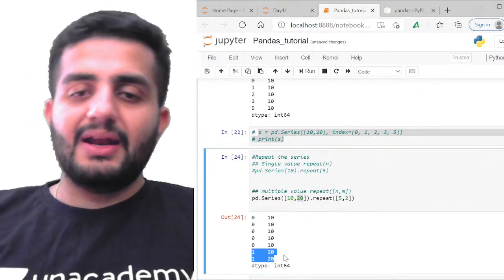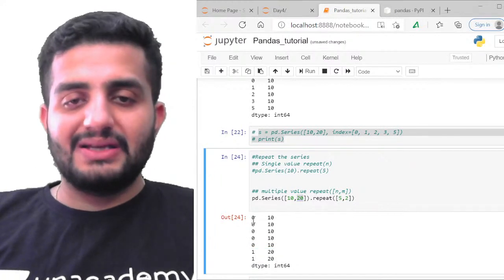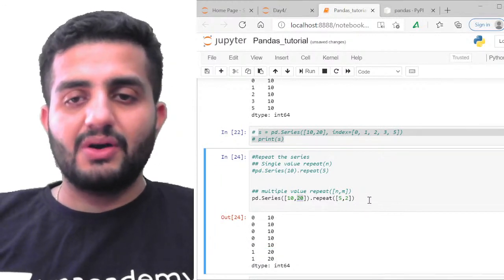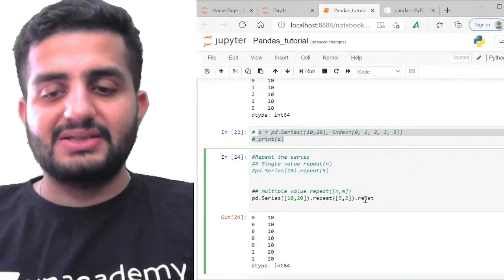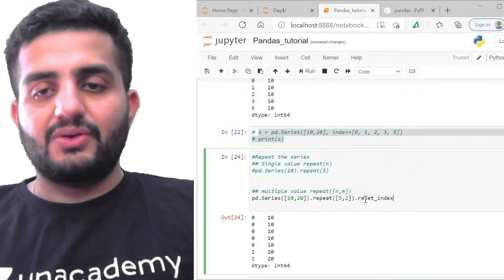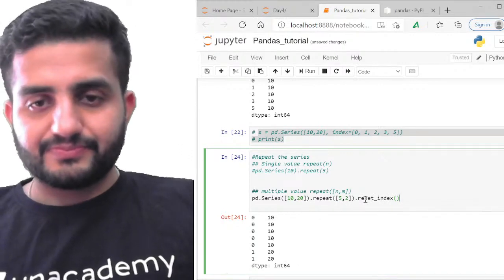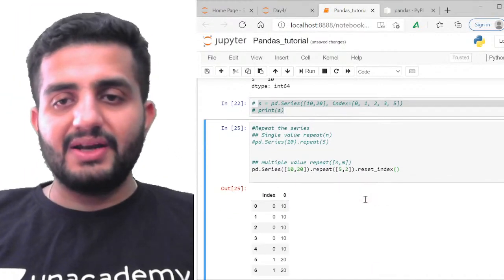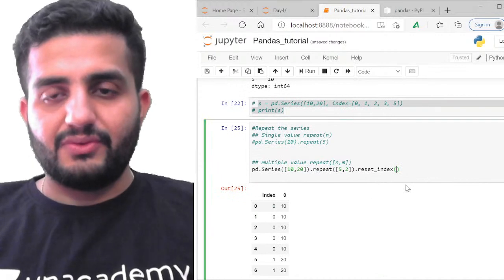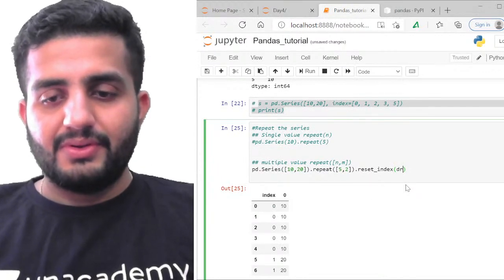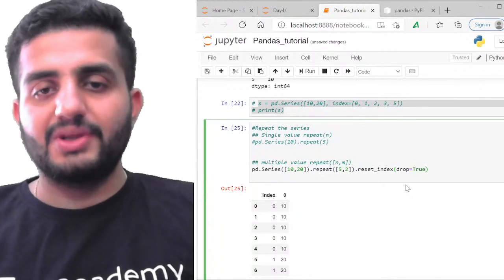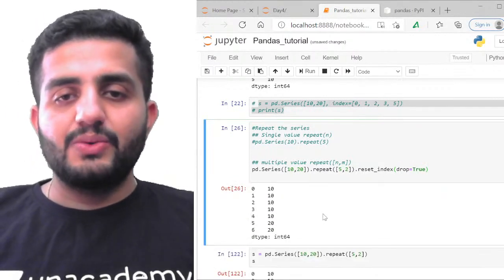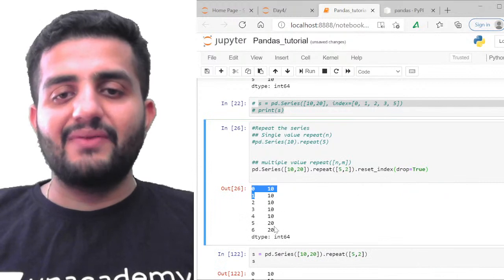Again, if you feel like your indexing is wrong, you have the option to reset your index. You know this, right? If we do reset_index with drop equal to true, I'm dropping the original indexing, and you will get the reset value of my index.